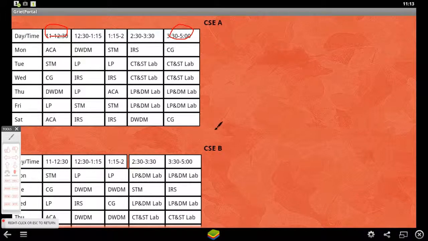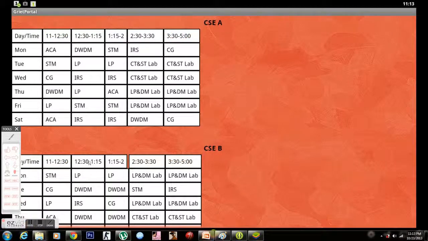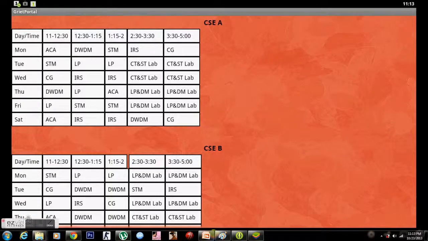As you can see, on Monday, for example, CSE A has some classes going on, CSE B has some other subjects going on. Both of them have been covered pretty clearly in this timetable feature. We have tried to include all the timetables so that the students don't have to go to the notice board every time to check them. Now when I go back and try to access the other part of my schedules, which is the exam timetables, it is created in the same way.